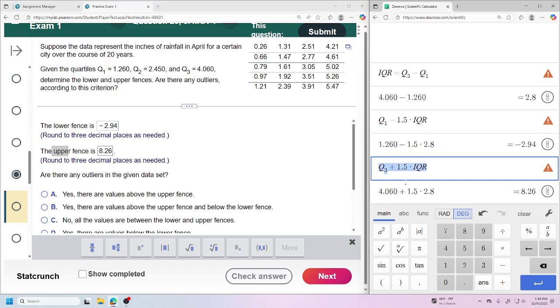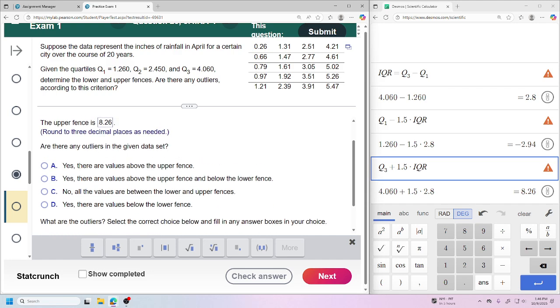Cool. I just wanted to type it because my handwriting's so bad. You can see it now, you're actually seeing the formula. Now, what numbers are not between a negative and 8? Do I have any 8.5s or a 9 or something going on? I don't see anything. And so to me, there's no outliers. I don't see anything that would be outside of that zone.